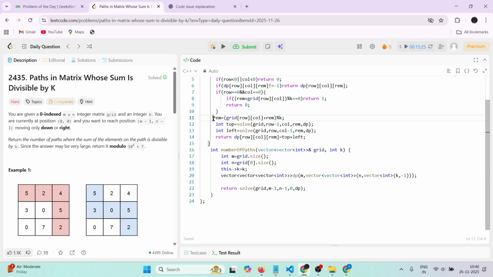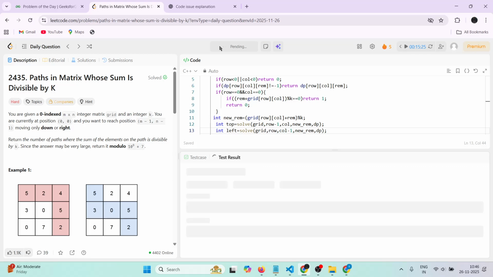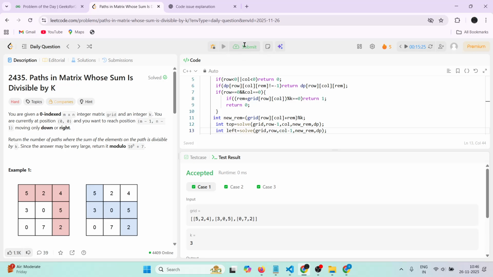The thing is we can make this a new remainder. I think this is creating a conflict, and we can pass it here. And now if we try to run, it is passing, and if we submit,